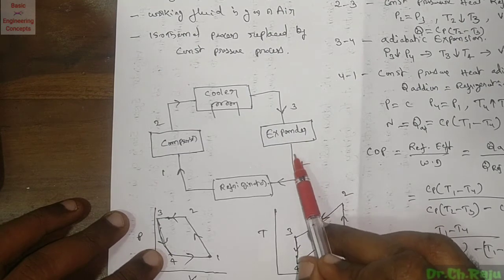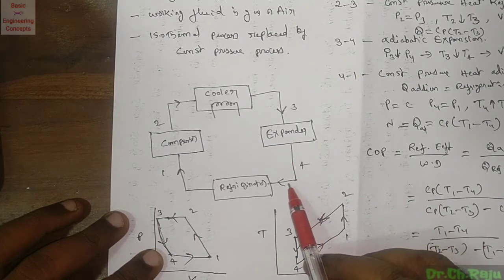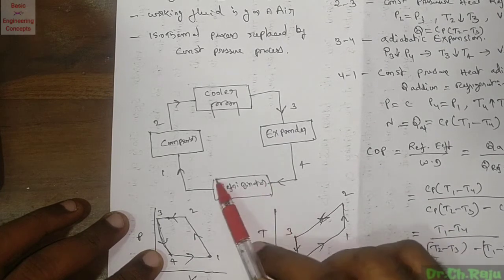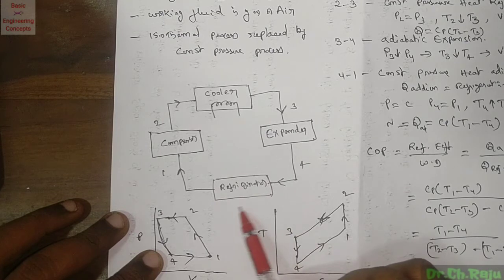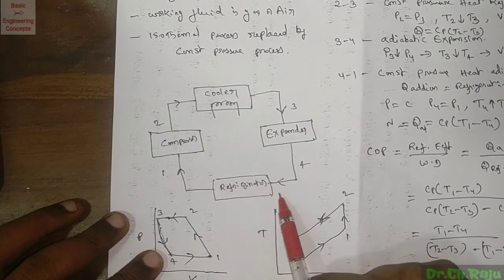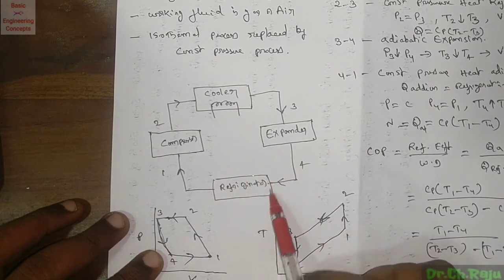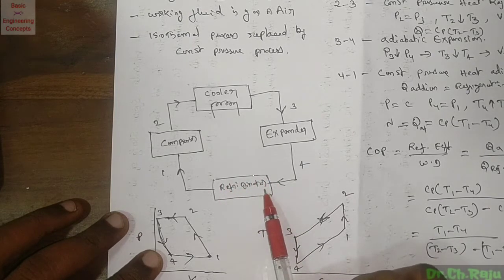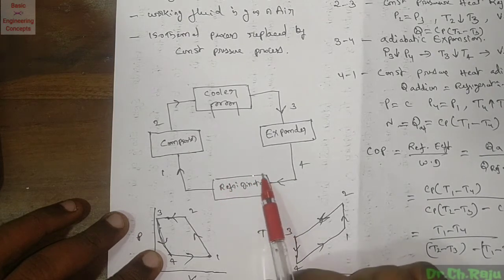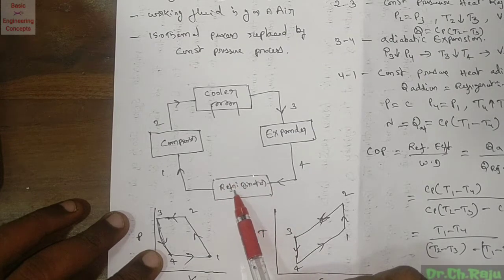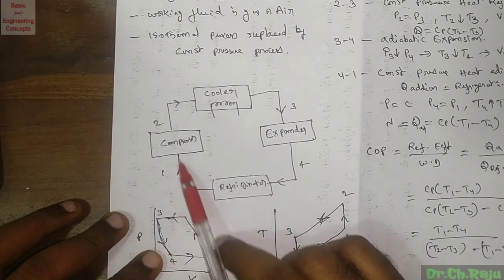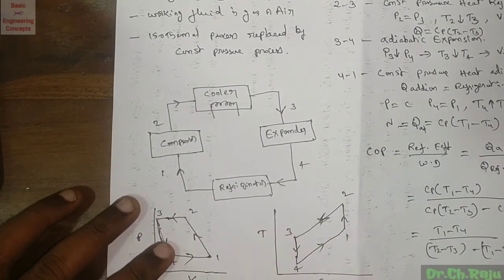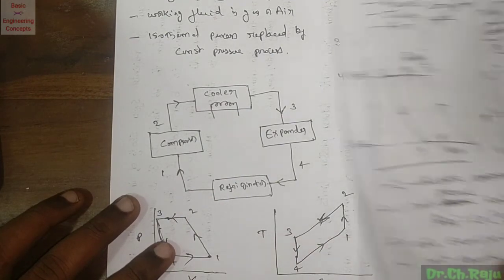The chilled air from the expander enters the refrigerating space where the products to be cooled are placed. Here the chilled air absorbs the heat from the products placed here. Then the chilled air warms up, and the cycle repeats. The warm air enters the compressor. This can be represented